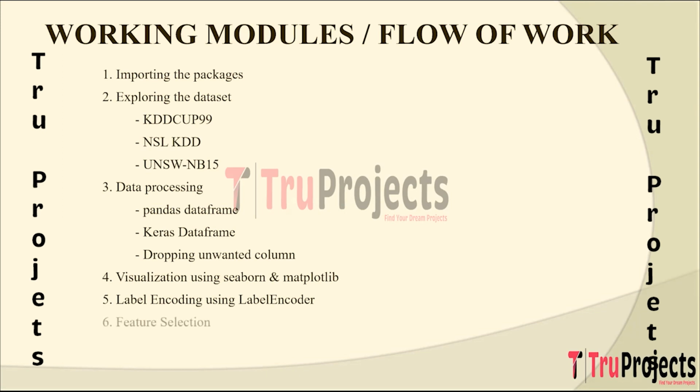Feature selection using select percentile using mutual info classify. Select percentile is a method from Scikit-learn used for feature selection. This method selects the top percentile of features based on a specified scoring function. Mutual information is a measure used to determine the mutual dependence between two variables. In this context, it's employed as a scoring function with select percentile to select the most informative features for model training. This step helps in choosing the most relevant features that contribute significantly to the model's predictive power.